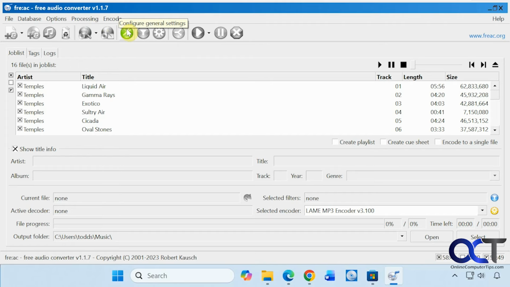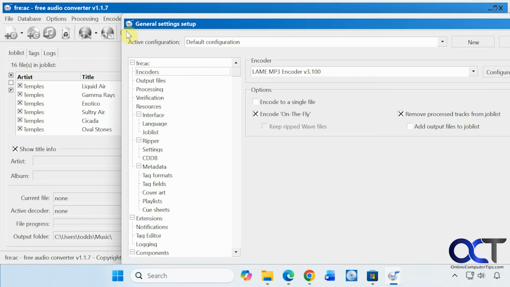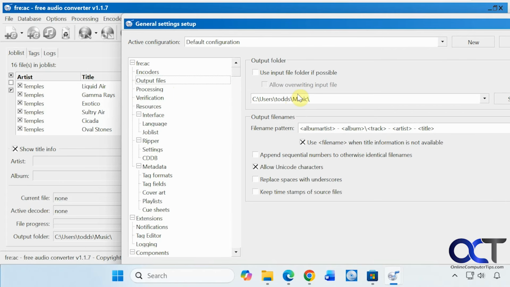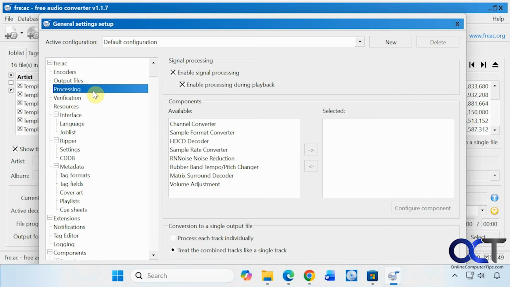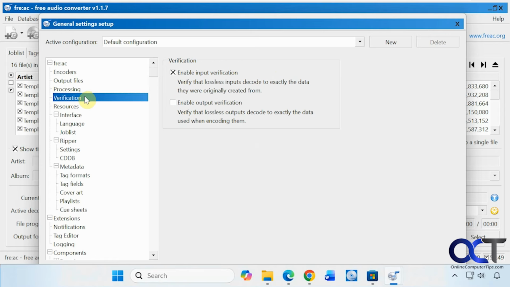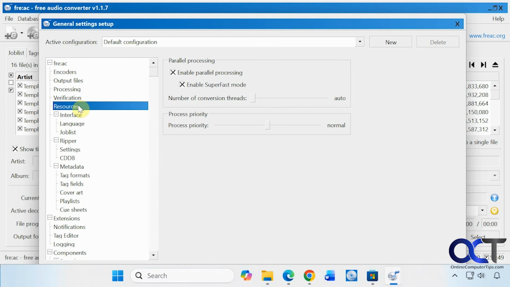All right, so let's check out the general settings real quick, and then we'll try ripping the CD here. You have some configurations. The default is the only option here. You can make your own configuration if you want. Encoder information. I'm just going to click through these, and you could just check them out real quick. Here's where you could change the path or the folder where it's going to be output to, and you could change the format as well. Let me move this over to the side a little bit here. All right, processing, verification options, resources,